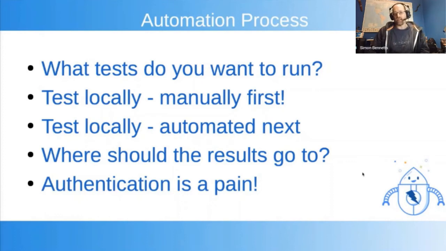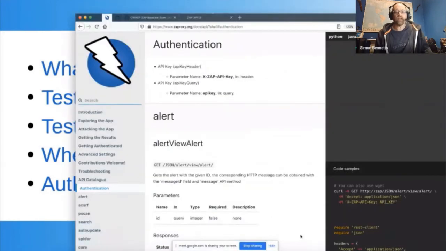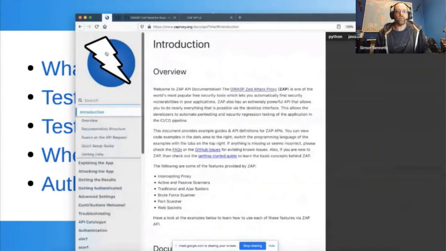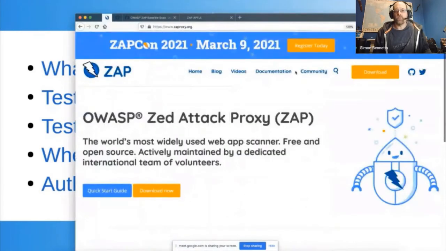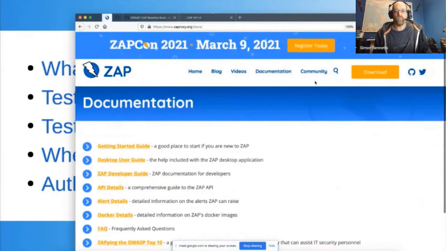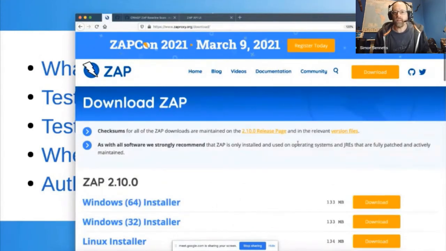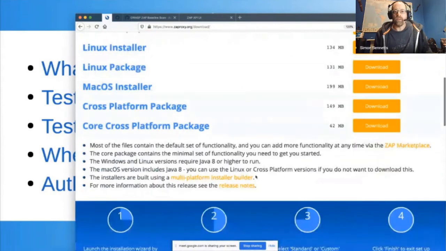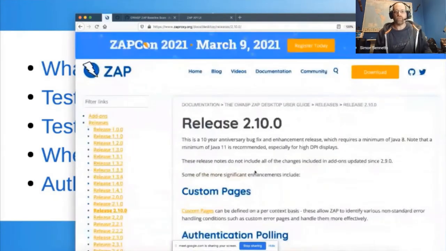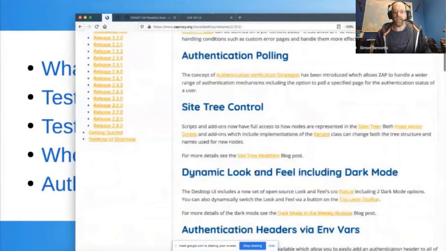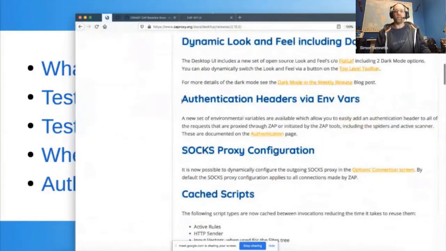If you can't do that, then always go for the simplest option. So if you can generate a token, then use that. And we actually have, I'll just switch back to the browser again, go back to the website. So if I just go to download and find the release notes, something we introduced recently with ZAP 2.10 is we actually have authentication headers via